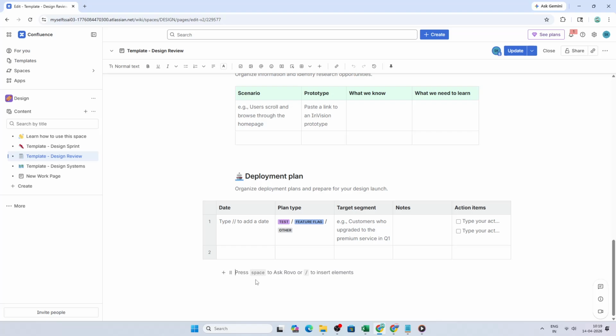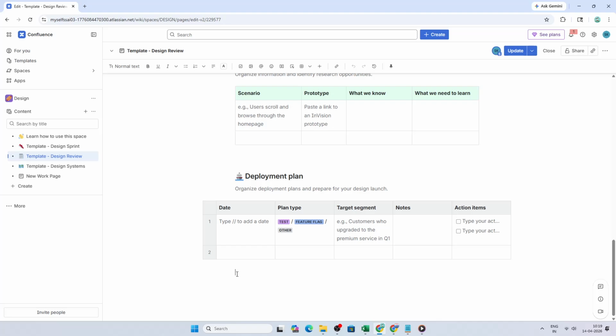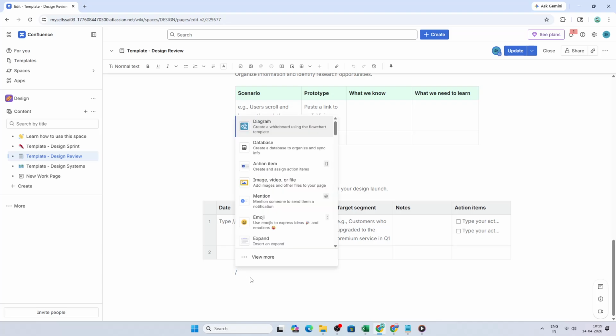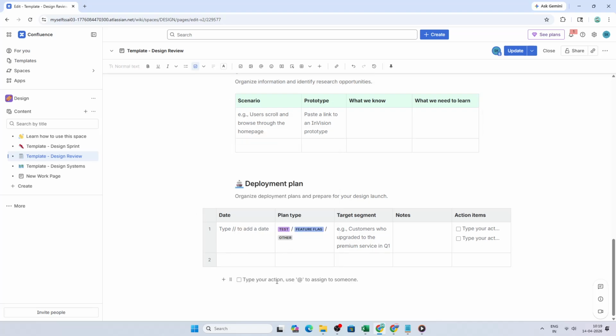With the page open in the editor, the quickest way to add a checkbox is with the / command. Place your cursor exactly where you want the checkbox to appear. Then type a / followed by the word action. A small menu will pop up with matching options. Choose action item. As soon as you select it, a checkbox appears at your cursor location. You can immediately start typing the task text right next to it, and you'll have a clean, clickable box ready